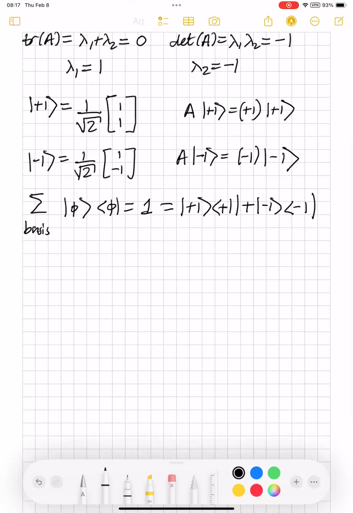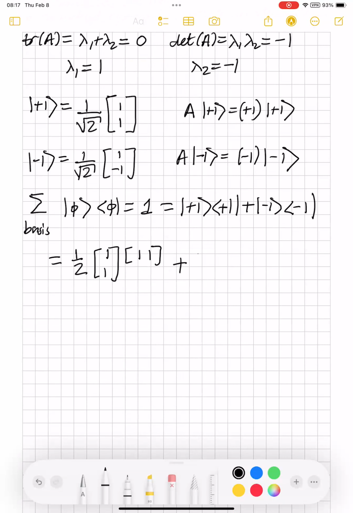And what does that equal to? Well, if we take the |+1>, 1 over root 2 times 1 over root 2 is 1 over 2. And then we have (1, 1). So ket +1 into bra +1, plus,